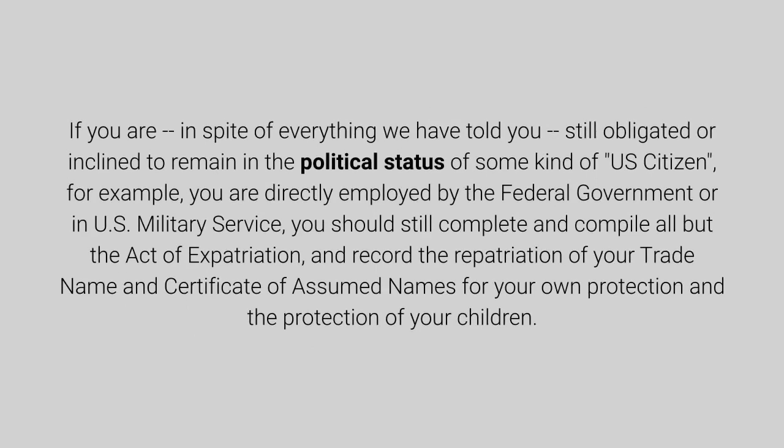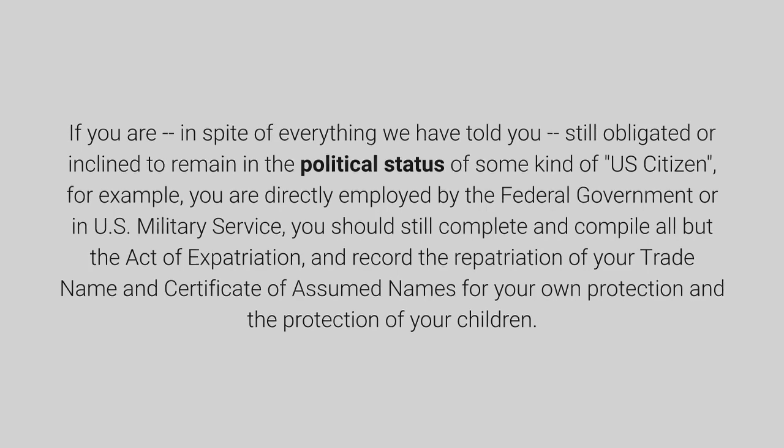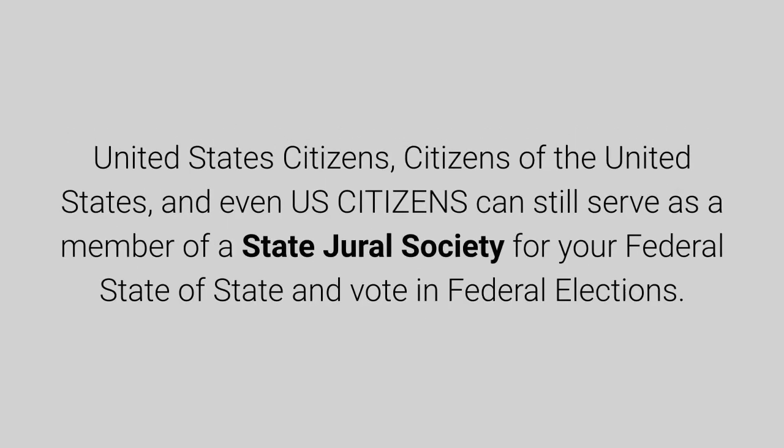If you are, in spite of everything we have told you, still obligated or inclined to remain in the political status of some kind of U.S. citizen, for example, you are directly employed by the federal government or in U.S. military service, you should still complete and compile all but the Act of Expatriation, and record the repatriation of your trade name and certificate of assumed names for your own protection and the protection of your children. United States citizens, citizens of the United States, and even U.S. citizens can still serve as a member of a state jural society for your federal state of state and vote